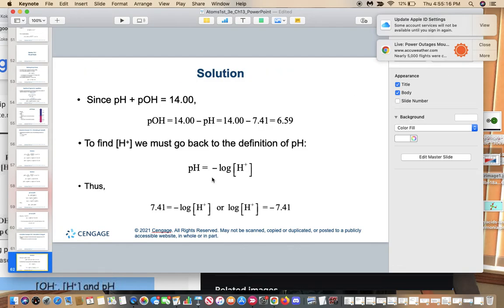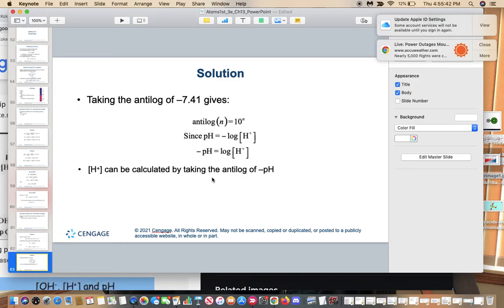Well, now we're actually going backwards. Instead of having the H plus and finding the pH by taking the log, we're trying to find the H plus from the pH. So if our pH is 7.41, and that equals the negative log of H plus, or in other words, the log of H plus equals negative 7.41,